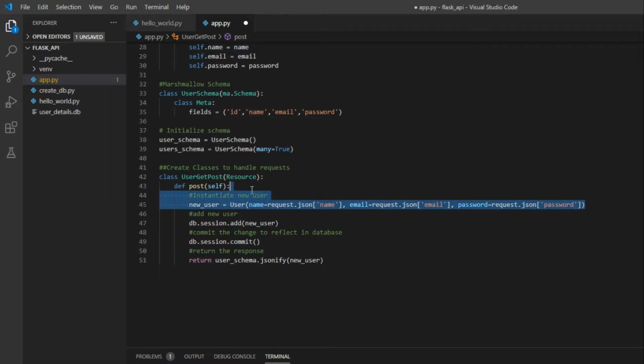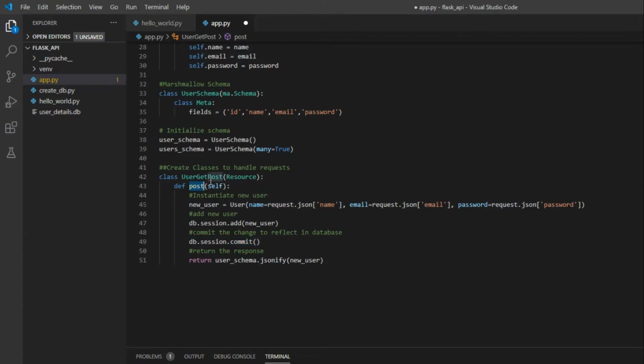After initialization, we have to add the new user to the database, so db.session.add(new_user) adds the new user to the database session. Finally we commit with db.session.commit(), so that this new user is saved in the database. After doing all of this, we return the response, user_schema.jsonify(new_user).